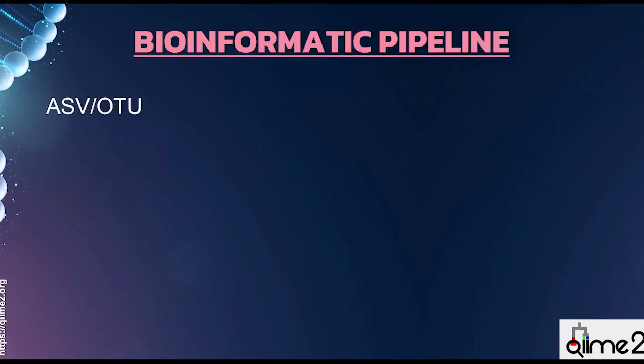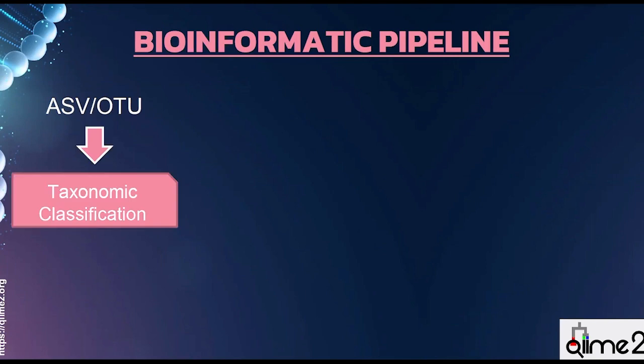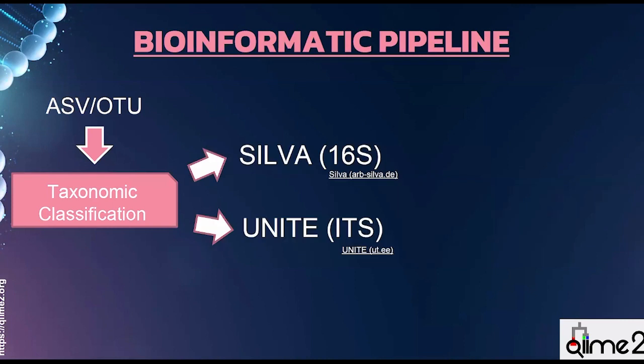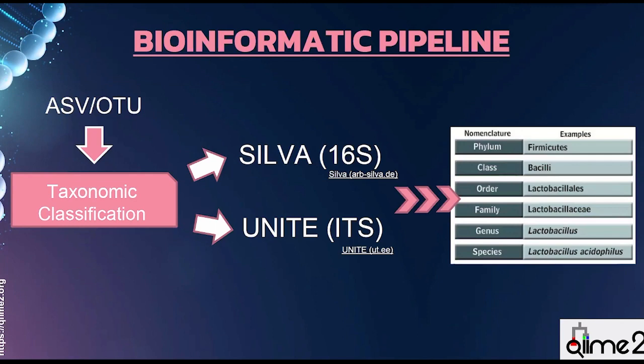Regardless of the kind of sequence you choose for your analysis, the next step is to perform the taxonomic classification. In my case, for the bacteria community, I use the SILVA database, of course. There are other alternatives, for example, Greengenes. And for the fungal community, I use the UNITE database. When you perform the taxonomic classification, you will get something like that, the different taxonomic ranks, for example, phylum, class, order. Maybe it's not very good at species level, but you can also get that.